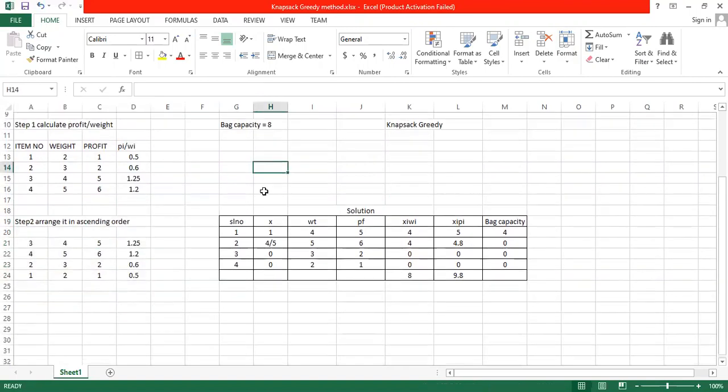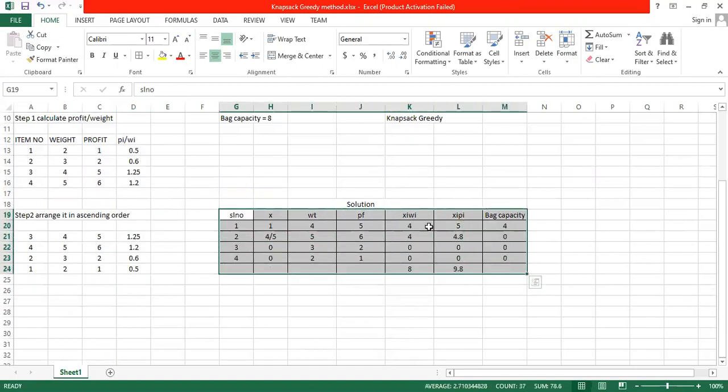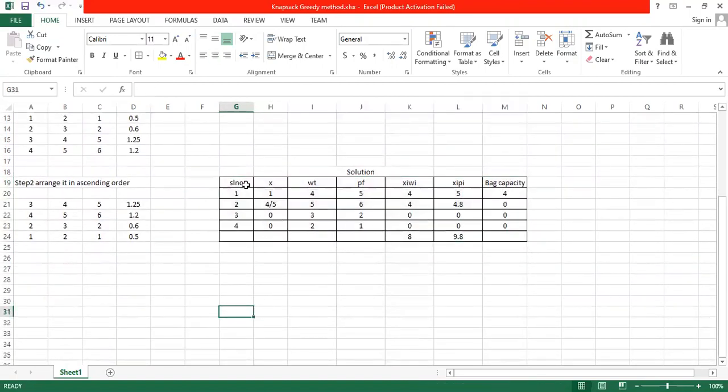After doing this, now I'll come out with a table as shown here. Here I have added 4 rows and many columns. I will tell you each one by one. Here I have taken the value of X. This is X, weight, profit, Xi into Wi, Xi into Pi. Xi means I am taking the value of X. Wi means I am taking the weight value. Xi into Pi, where Xi takes the value of X and Pi means the profit value here.